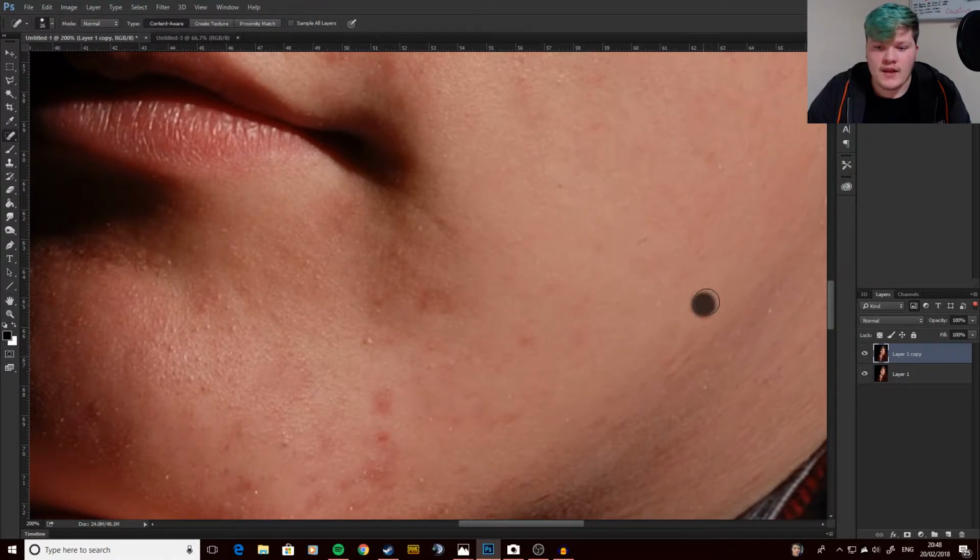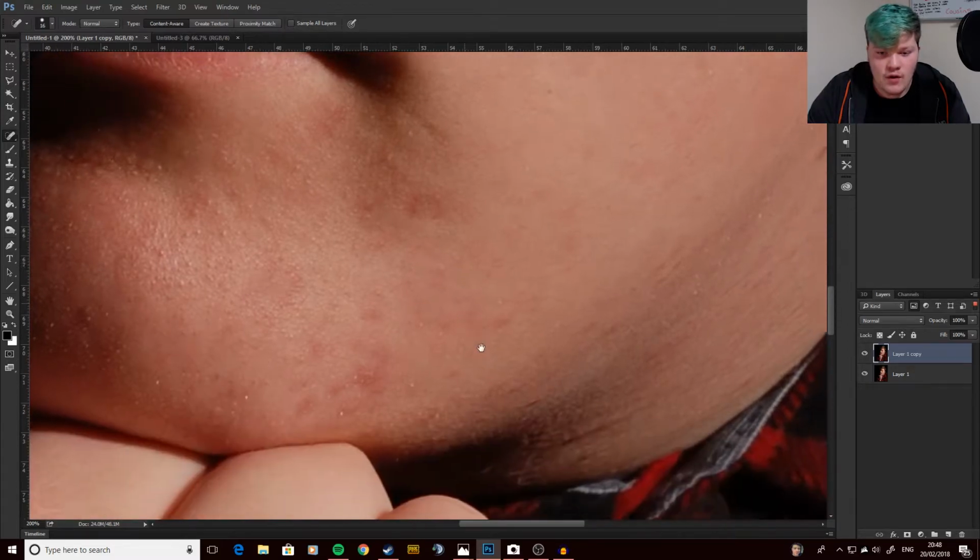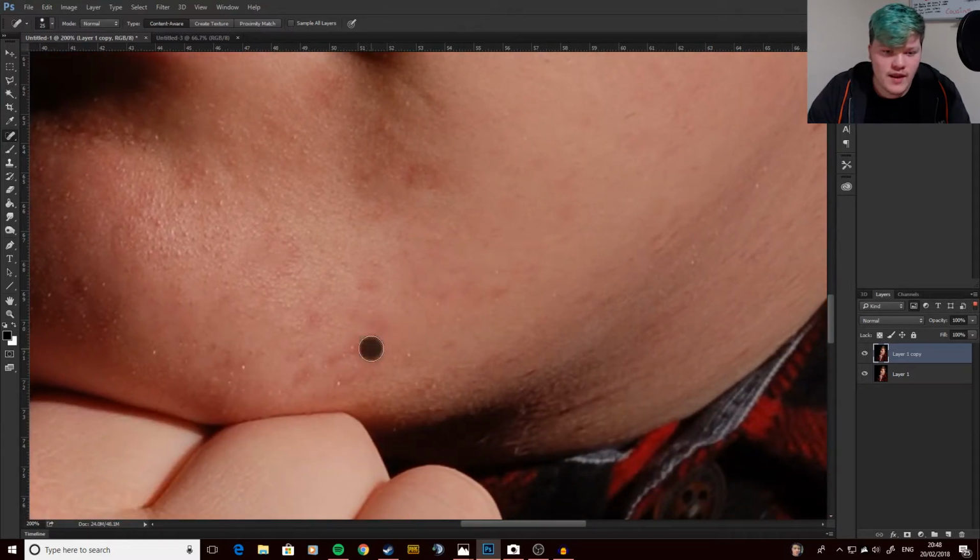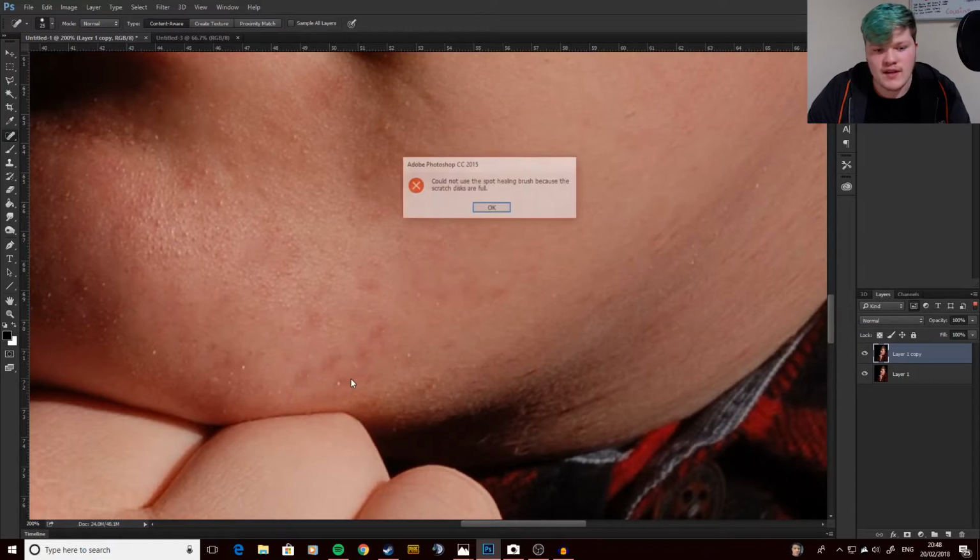So carrying on with this, we just sort of brush around the areas. But also, if you have facial hair, it's a little bit difficult, because obviously you don't want to remove your facial hair or make each hair look a bit weird. Like, for me, it's not so bad because I tend to be,